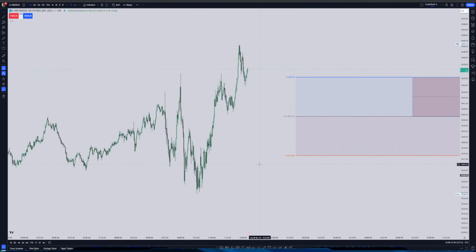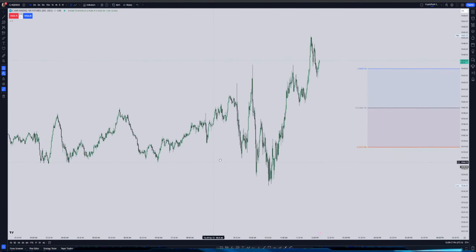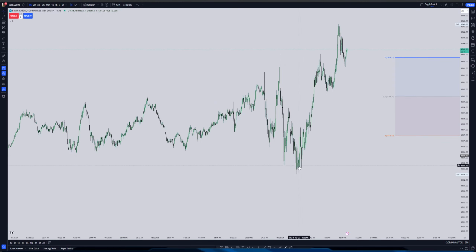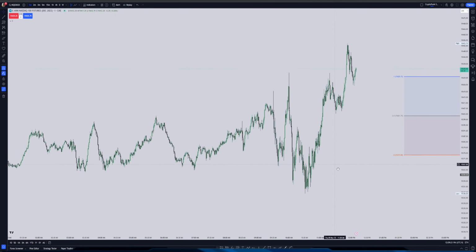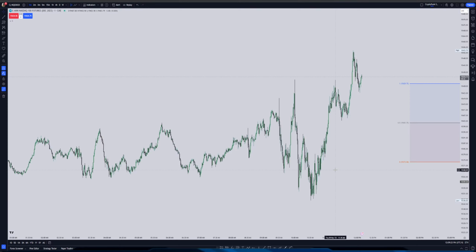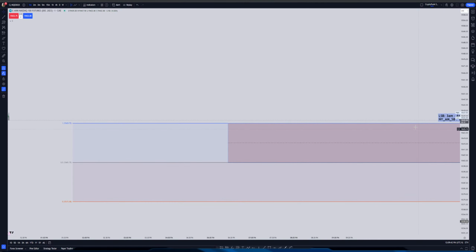For me, I stick with 1 to 2 on the silver bullet. If the liquidity is very near that 1 to 2, maybe 1 to 2.3, something like that, and it's very clear and the most obvious place for the market to go, only then do I try to go for higher. But initially stick with that, see how the market is doing, and then you can consider it. Anyway, what I was saying here is